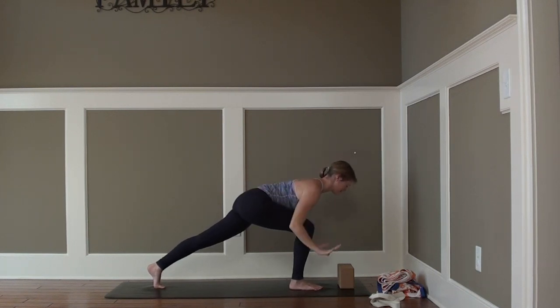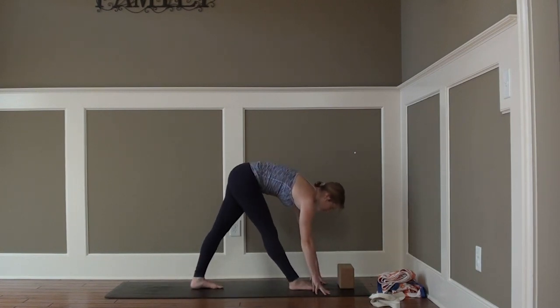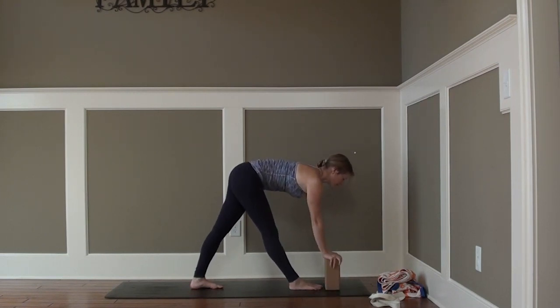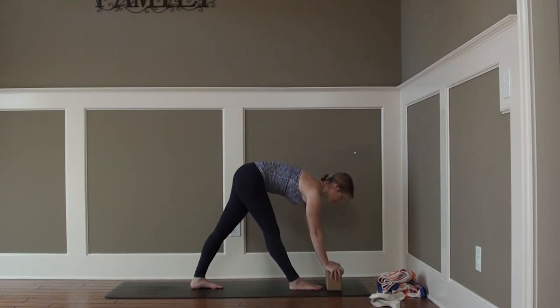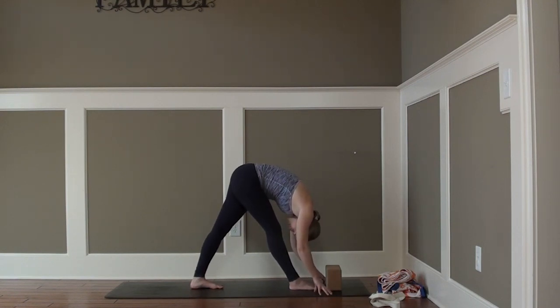Release the hands down, step the left foot up so both feet are about 3.5 feet apart, and find your height. Bring the floor to you so both legs can release and lengthen through the back of the hamstrings. Hips reach back, weight into the heels as the spine reaches out long from the hips. And folding over the front thigh. Once you find the right positioning, right height of any props that you're using, or fingers to the floor,